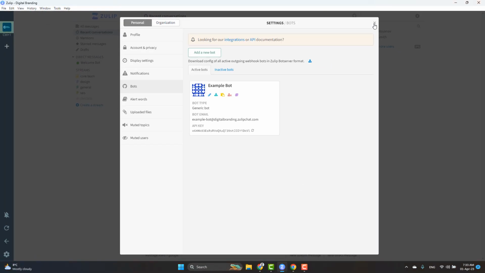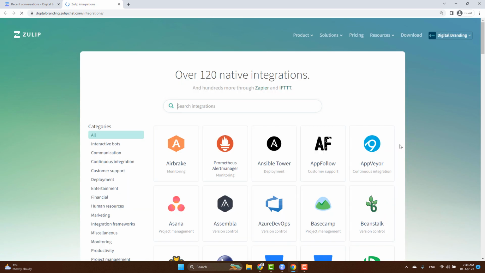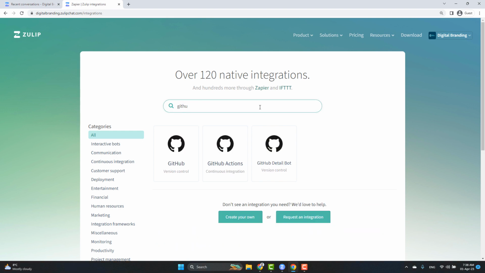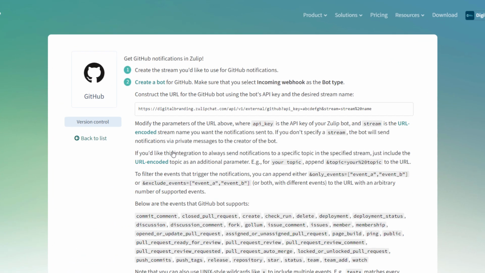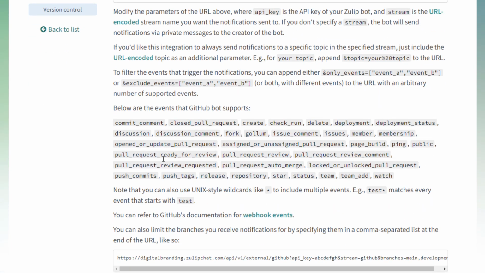To do this, go to the Settings menu and select Integrations. Here you will see a list of all available integrations, as well as integrations that you've already set up. To set up a new integration, select the tool or service that you want to integrate with and follow the on-screen instructions to connect your bot to the external tool or service. This usually involves entering an API key or other authentication details.